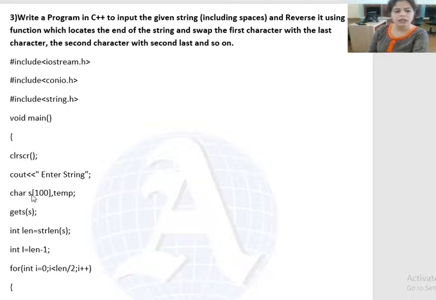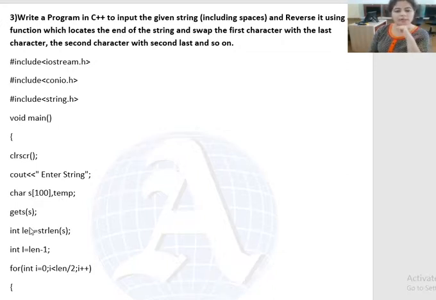S is the name, whatever name you want to give to the string, it is your choice. Here I have given the name S, and this is the size of the string, for example 100, and temp is any temporary variable that we have to use. So we have declared a string S of size 100 and a temporary variable.